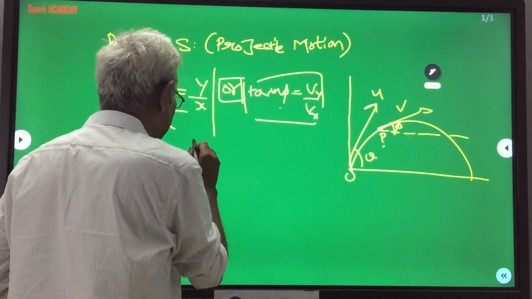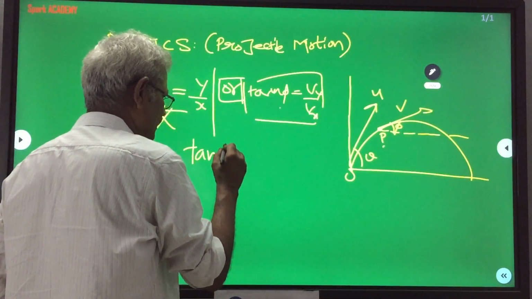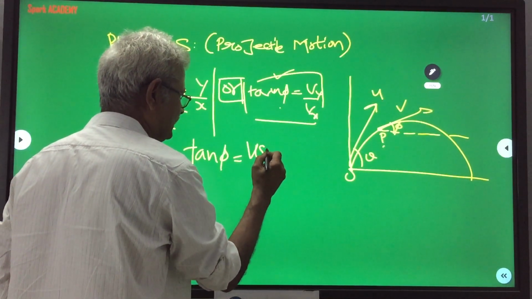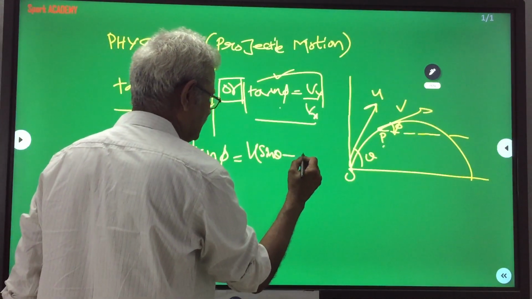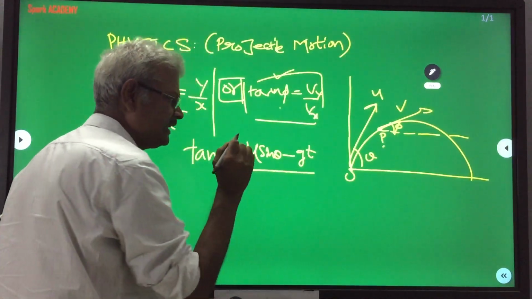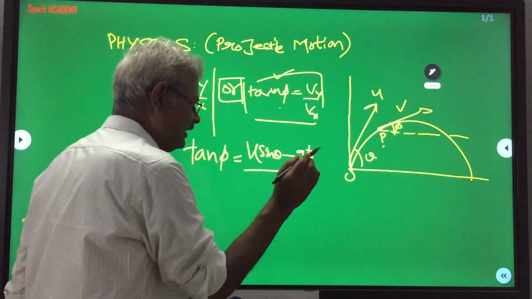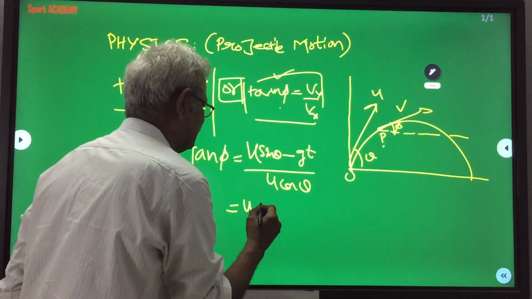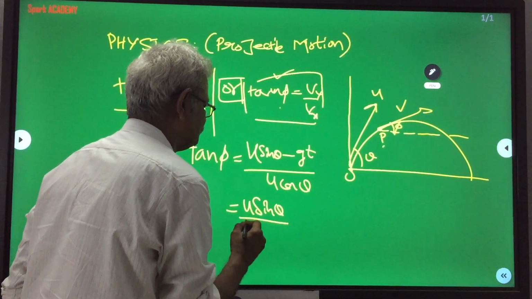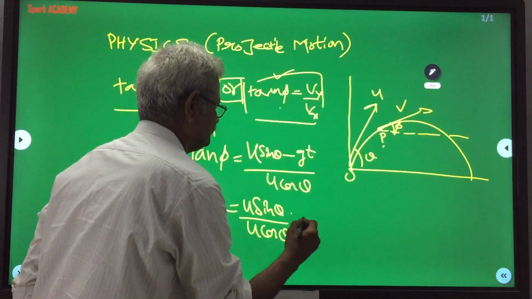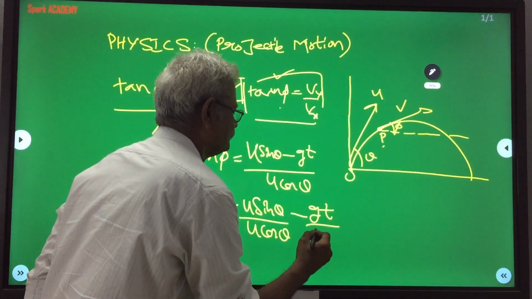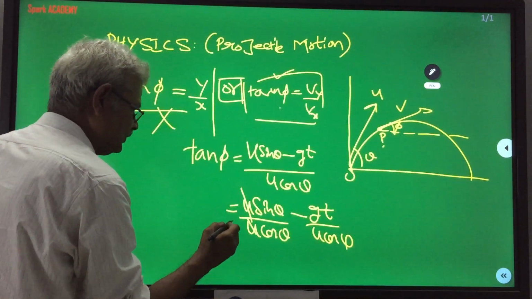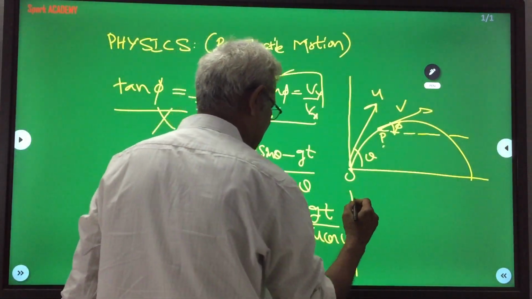Then you have to use only this one, tan phi is equal to Vy by Vx, this is correct. What is Vy? U sin theta minus g into t. What is t here? Time, I will tell that. What is Vx? U cos theta. This you will be getting like this. So here what we will be getting? Tan phi